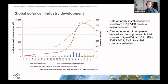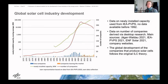The data on the number of companies was derived from desktop research. Essentially, we used main sources like the publications from JRC, from Jäger-Waldau, and IEA PVPS. Also, a source was NF Solar, which is a web page that provides information on companies that are working in this field. And then from that I derived, through the research of company websites, when companies were created, if they are really working in the field of solar industries, and if they have been taken down at some point. So this information was all used. And the finding here, you can see,